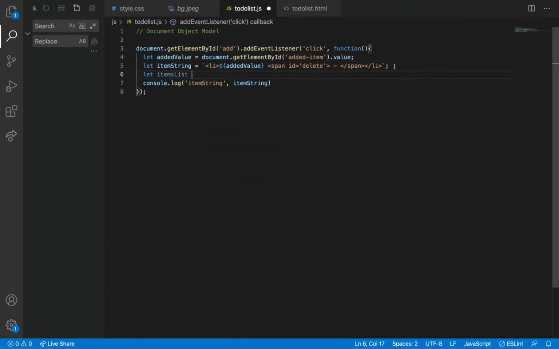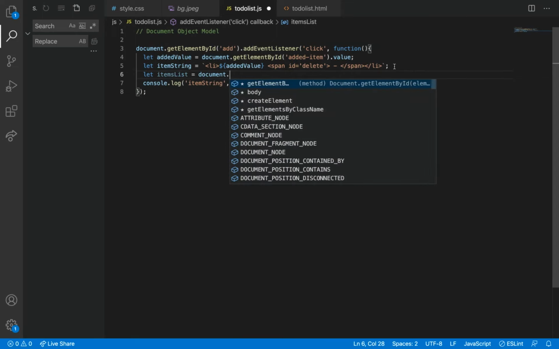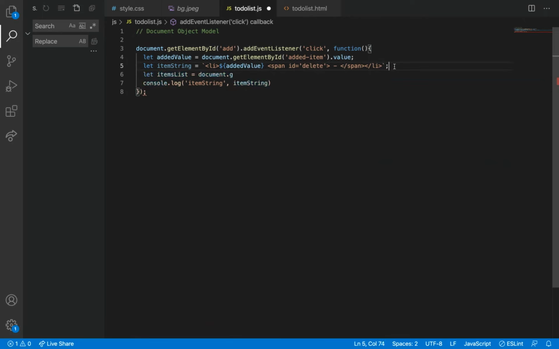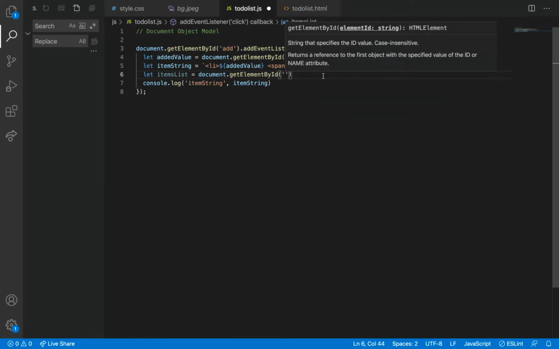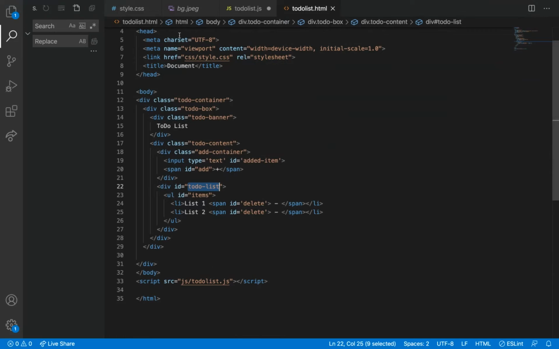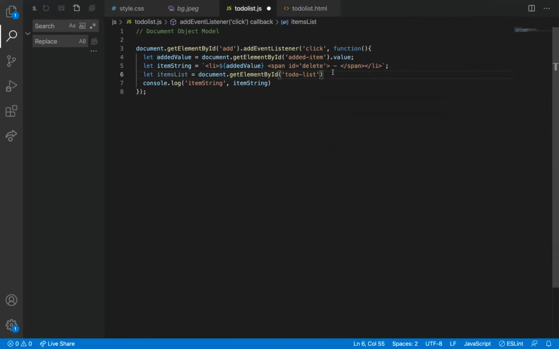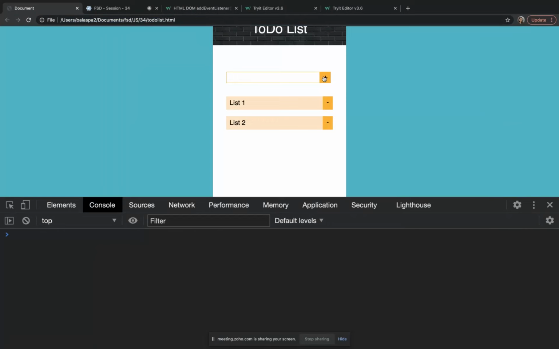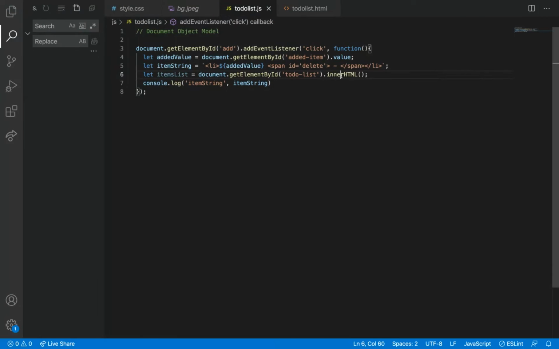So I'm going to take the items list, document.getElementById, what is the id there, to do list, innerHTML.